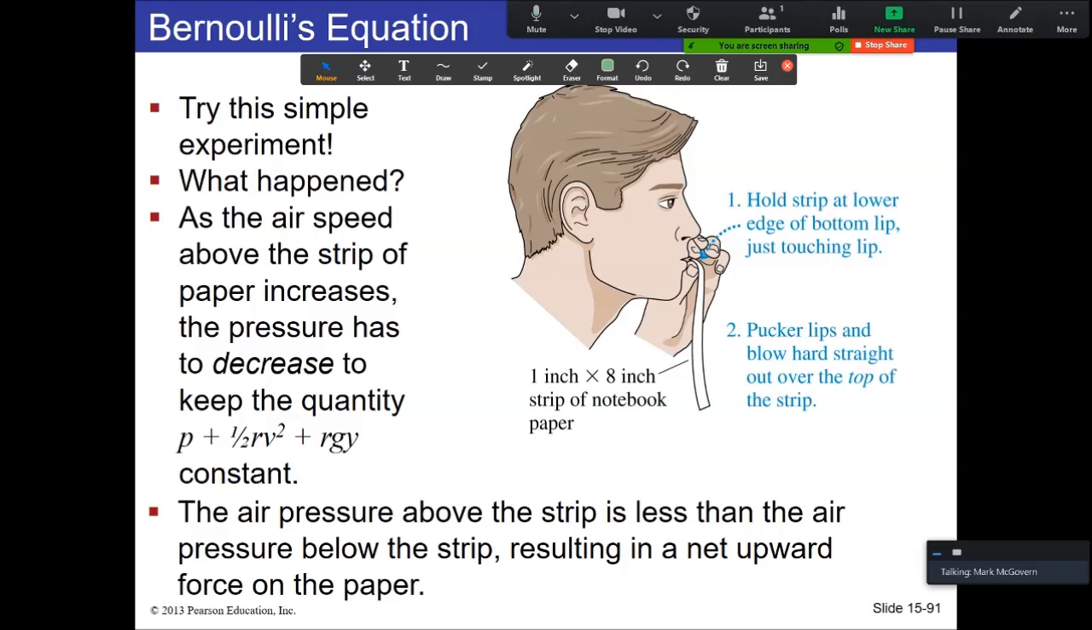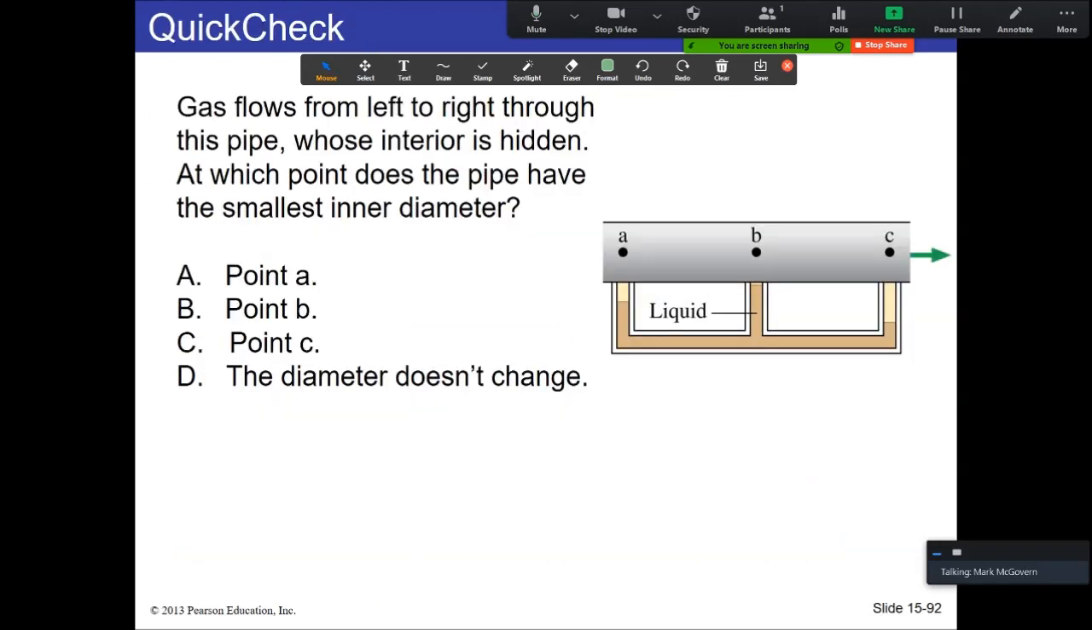And so anyway. All right, so in this example here, gas flows from left to right through the pipe. The interior is hidden, but we want to know which point of the pipe has the smallest diameter. So we can't see that in here, but we can tell by the columns of liquid here what would have to be a smaller diameter for that. So think about that for a moment. And the answer here is